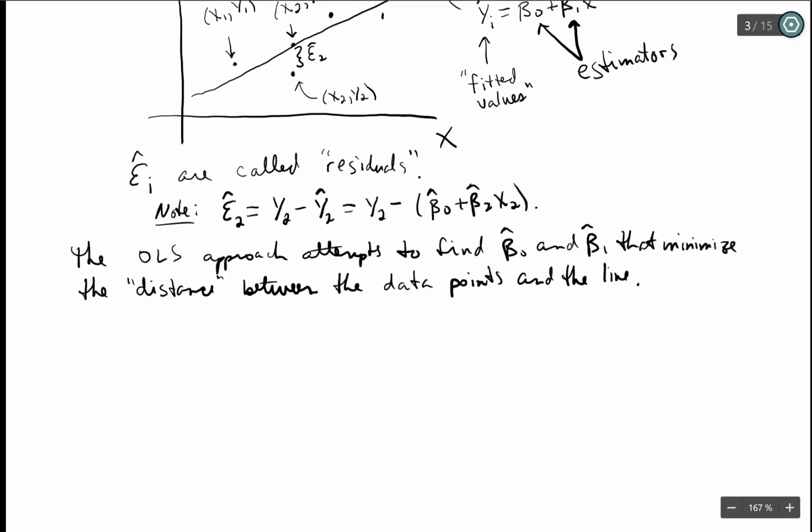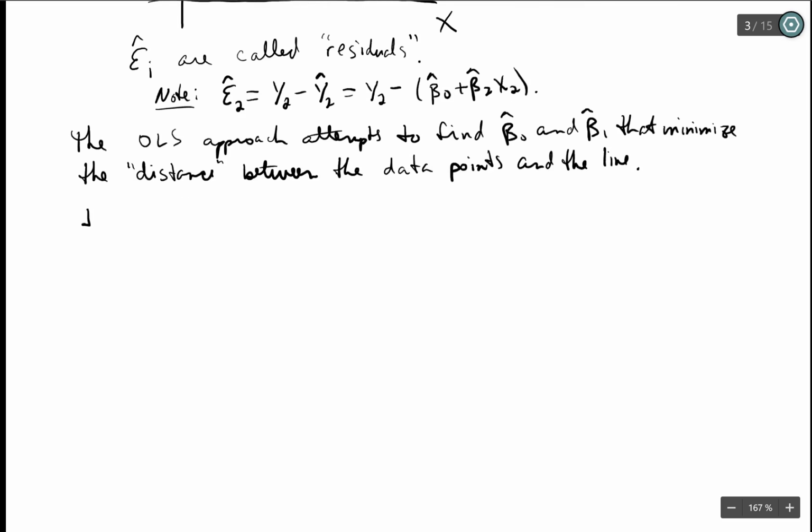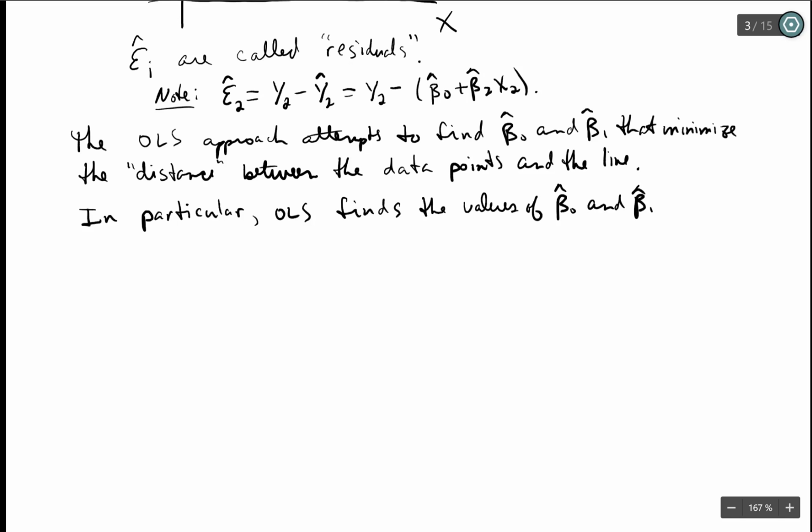In particular, OLS finds the values of beta naught hat and beta 1 hat that minimize